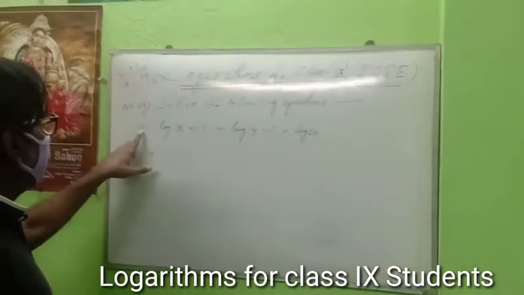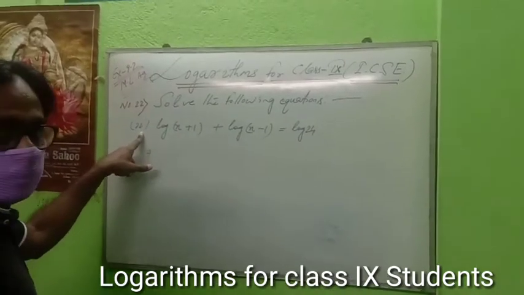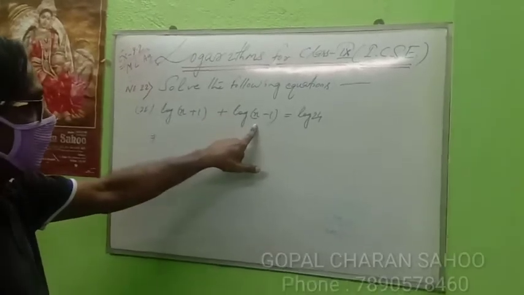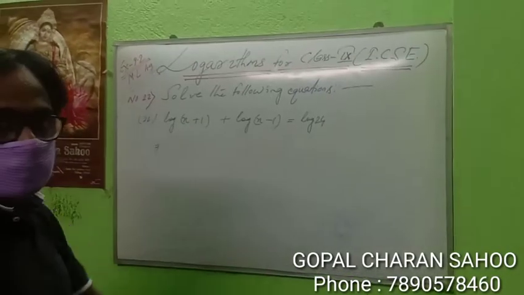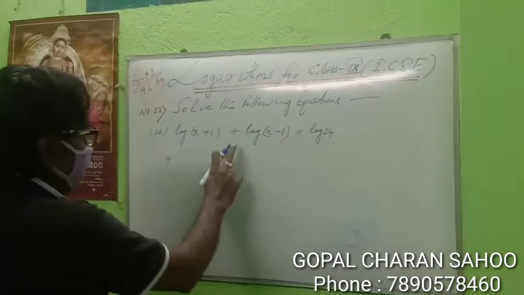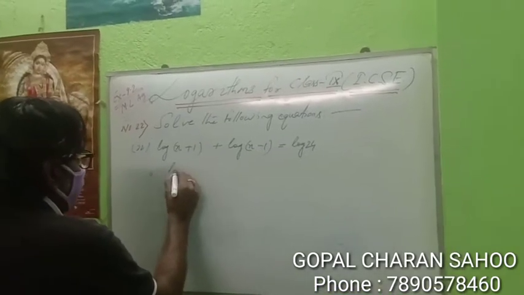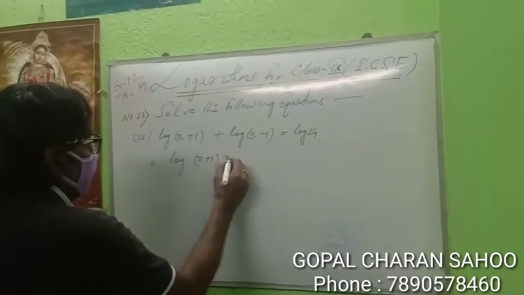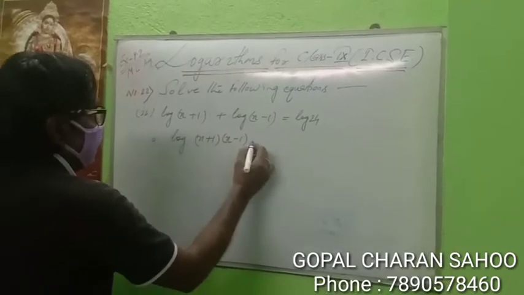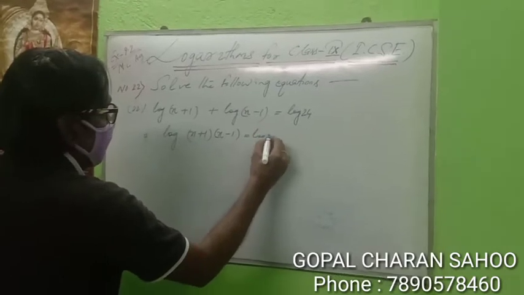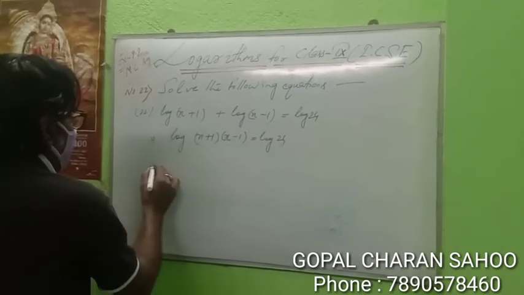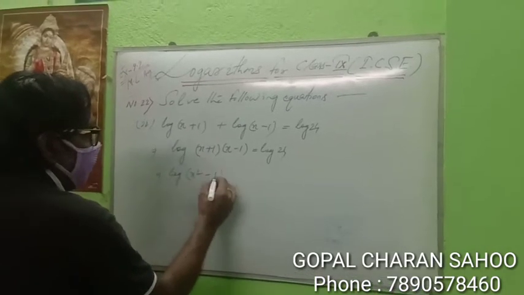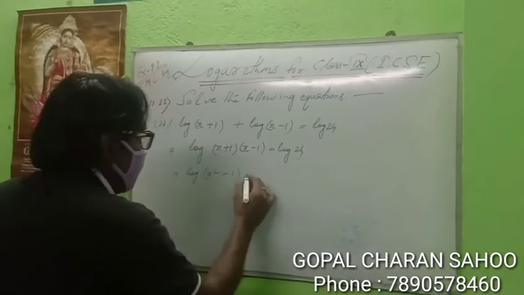See, question number 22, second part. Question given: log(x + 1) + log(x - 1) = log 24. This is plus sign given. Which formula do we have to apply here? That means (x + 1) into (x - 1) is equal to how much? Log 24. Now this is coming log(x square minus 1) equal to log